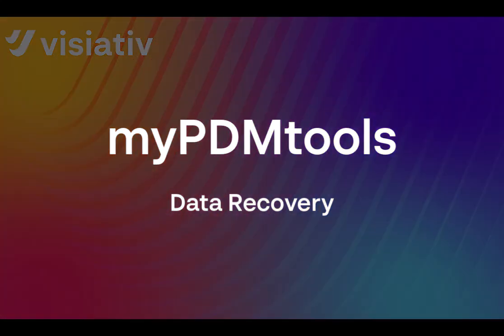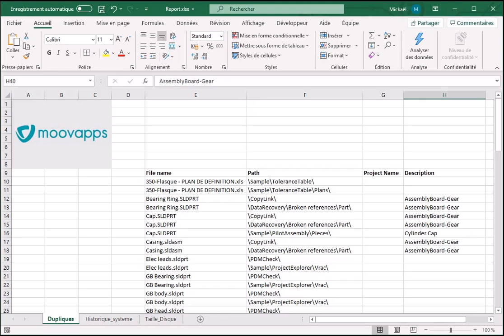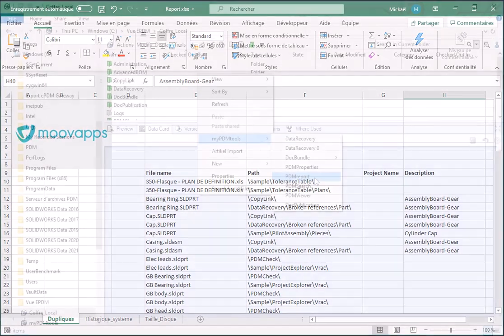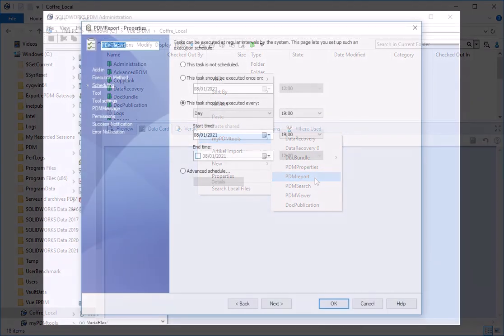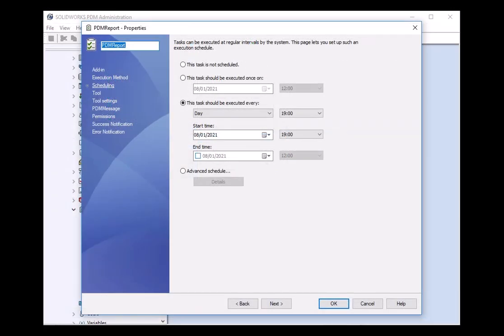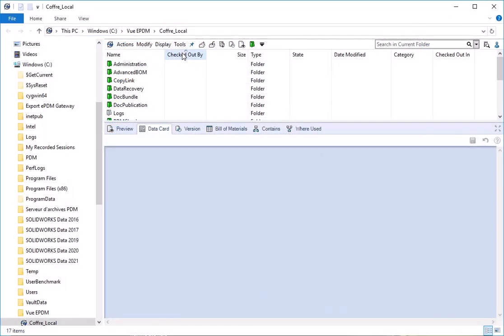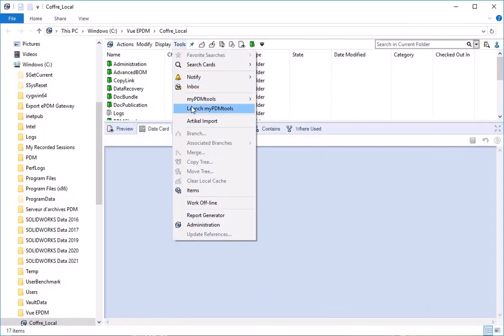PDMReport tool from the myPDMtools suite allows you to create reports using pre-configured queries. These can be run either directly via the PDM context menu or on a predefined schedule. To set up a report, simply open myPDMtools